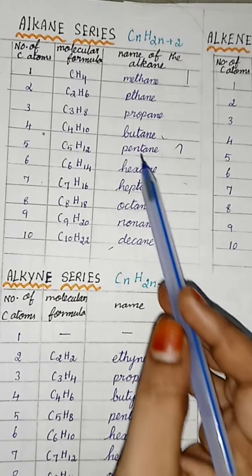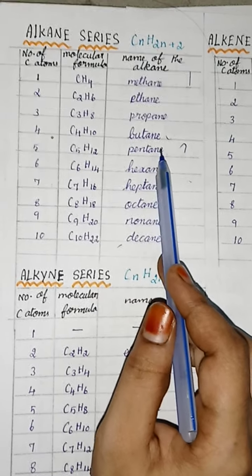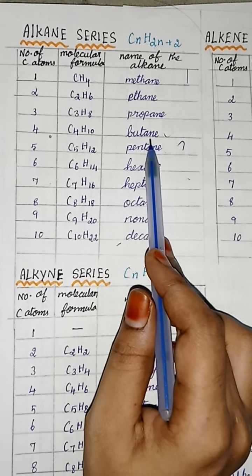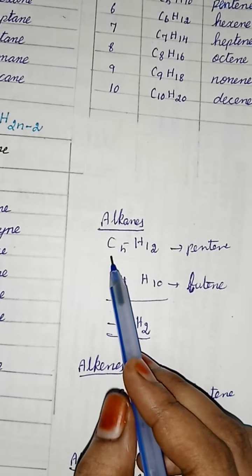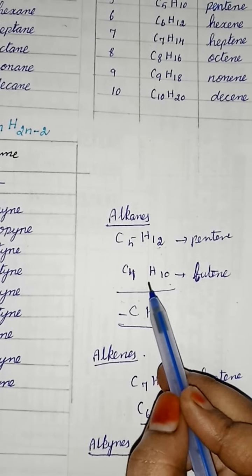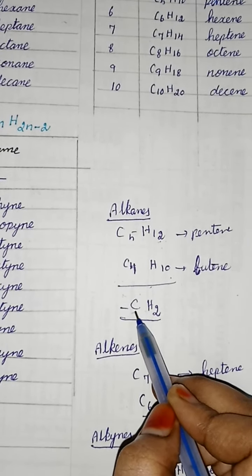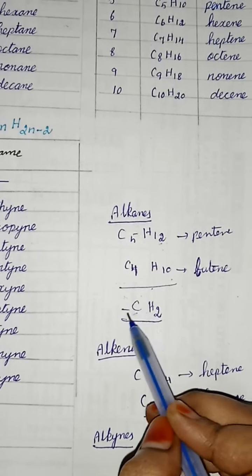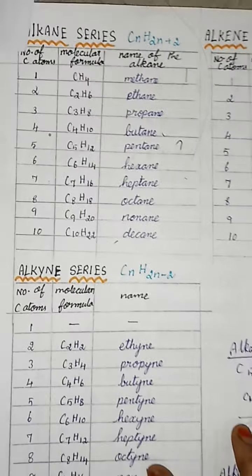First I take the example of the alkane family. I take butane and pentane. Butane, next pentane, isn't it? So the succeeding member of butane is pentane. Here I write the molecular formula for pentane, C5H12. This is the molecular formula for butane, C4H10. What is the difference between pentane and butane? One carbon difference and two hydrogen atom difference, so totally a CH2 unit difference. So the succeeding members of the alkane family differ by CH2 groups.